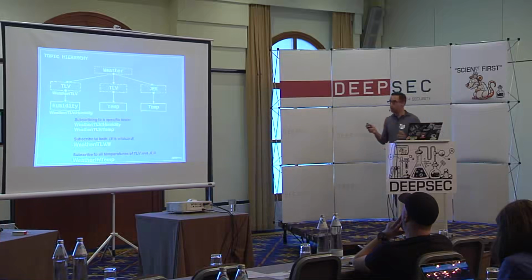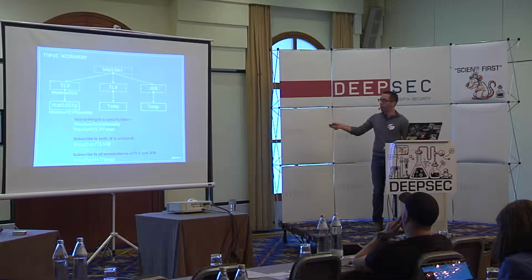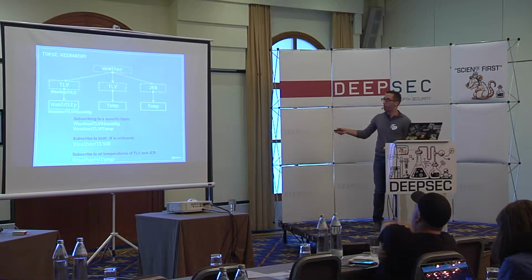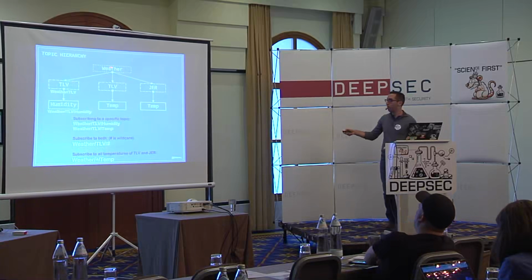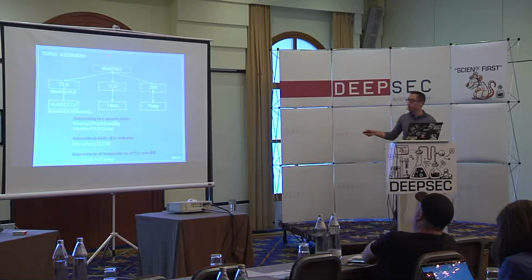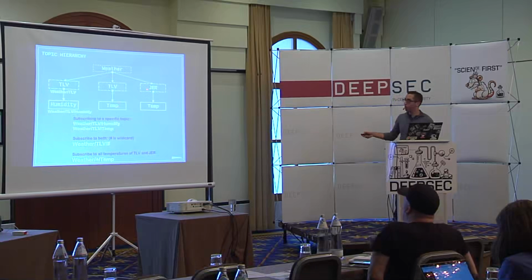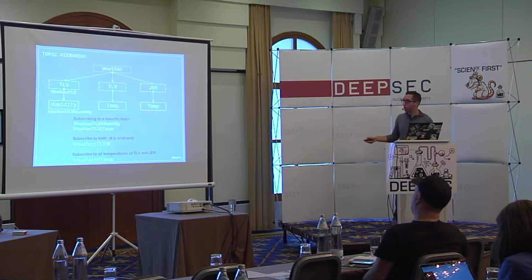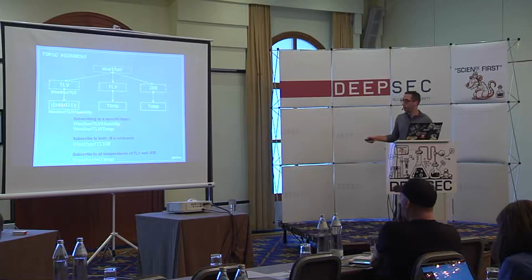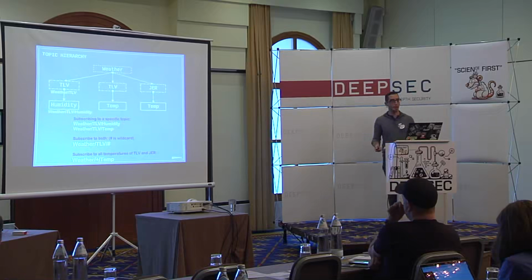For a broader example, we have the weather topic. Under the weather topic, we have other topics, in a hierarchy, as we said. So we have weather/TLV/humidity, and maybe we have weather/TLV/temp. Maybe we have weather/Jerusalem/temp. In those examples, we only see 3 topics. The final topic in that equation will be weather/TLV/humidity, and according to that logic, you will have 3 topics in general. When we want to subscribe to something specific, we have to specify whatever the name of the topic is. The full hierarchy is required.